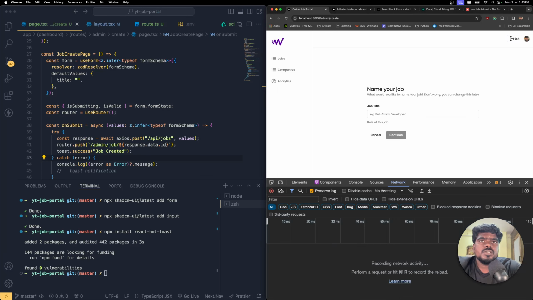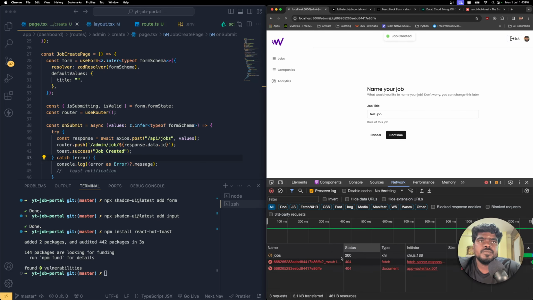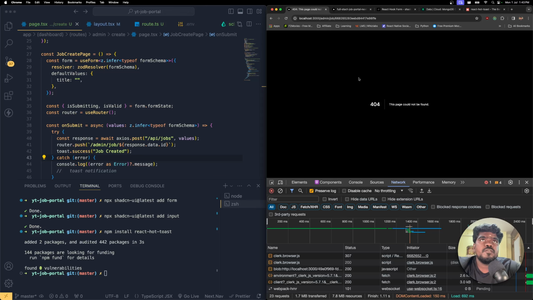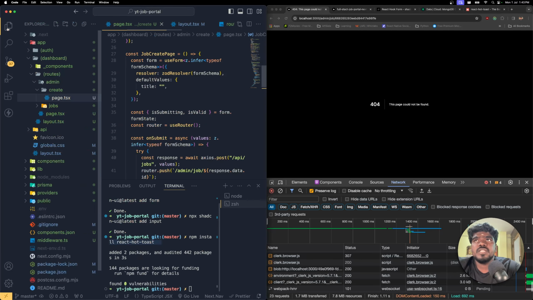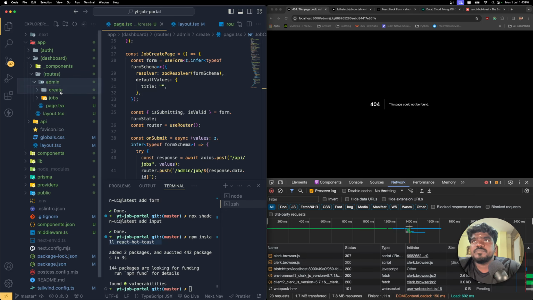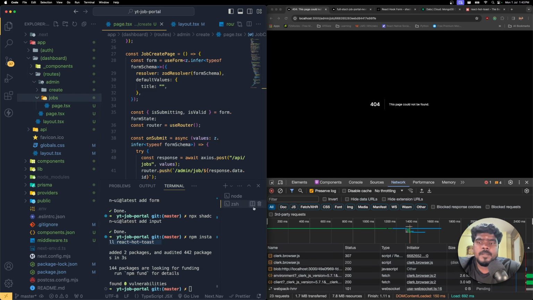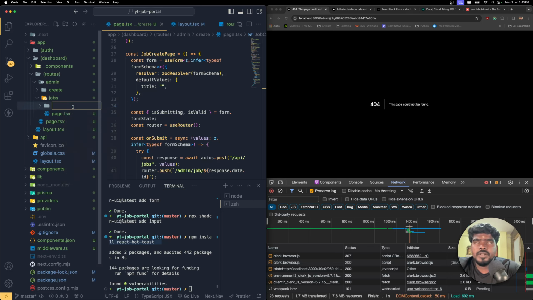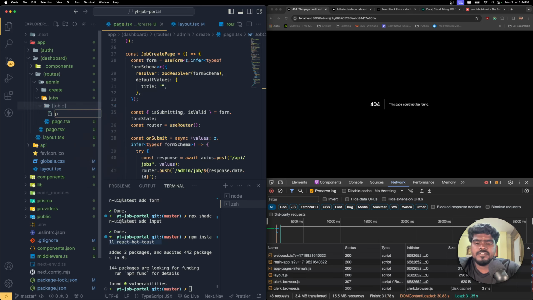So let me close this, and this is going to be test job, and if I click continue, okay, now we ran into a 404 error, because you should be able to see we navigated into the route called admin job and that specific ID. The reason is that this page is not working, because inside app, dashboard, routes, admin, and jobs, we don't have that specific thing. So in order to do that, inside here I'm going to create a new folder with dynamic routing, which is going to have the jobId, and